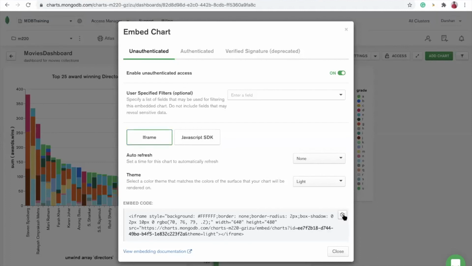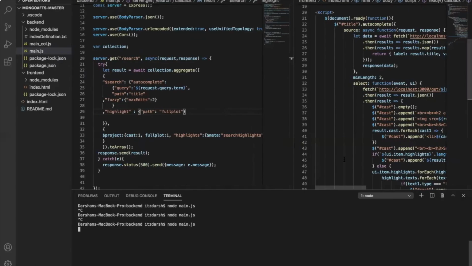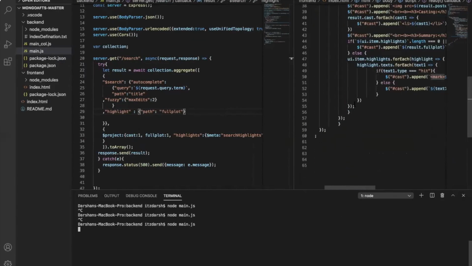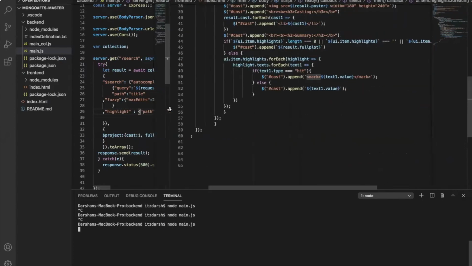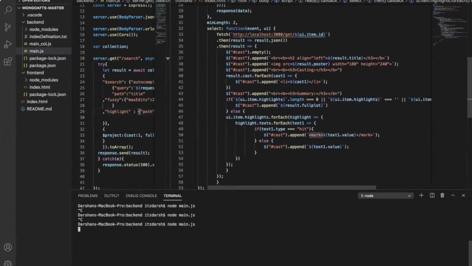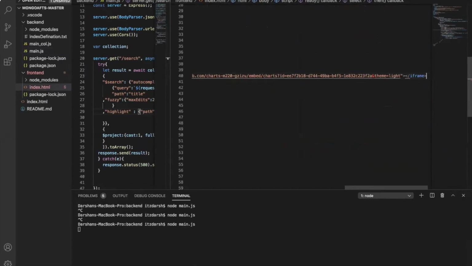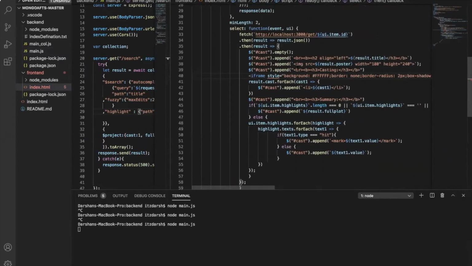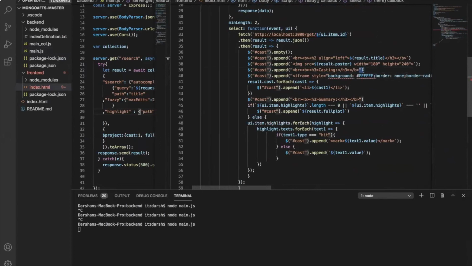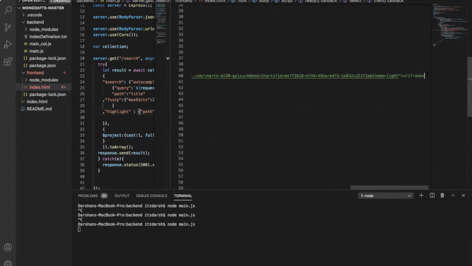I can copy this iframe code, and then in my HTML page, after a value, I can just paste this iframe code. So here I will be pasting my iframe value. I will use the same code here and close my iframe.